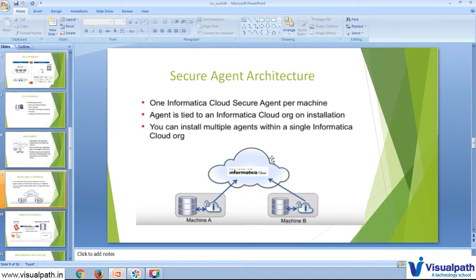The benefit of grouping the secure agents is this. For example, because of some reason, one of the agents goes down.